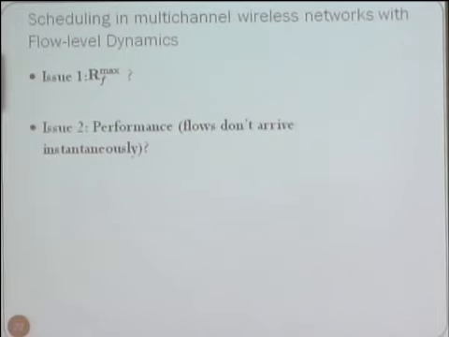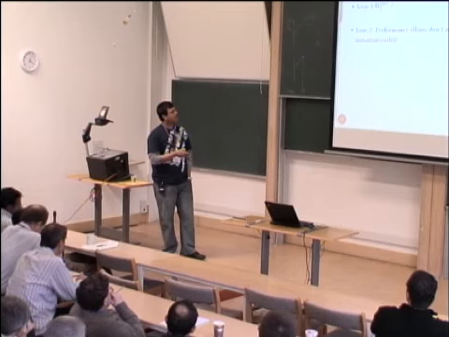So there are 2 issues here. One is I assume that RF max is known. So what does the base station know? The infrastructure can probe the channel and try to understand what the current channel conditions are, but you cannot know what the best channel condition that a user would see. Okay, so that's an unrealistic assumption.